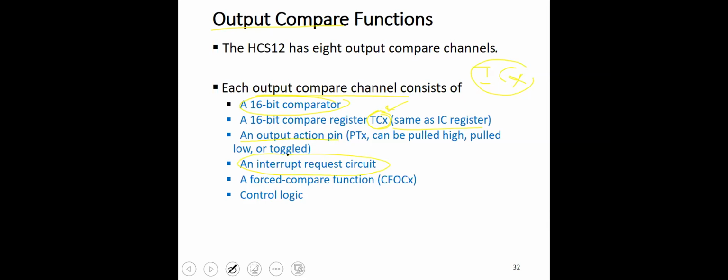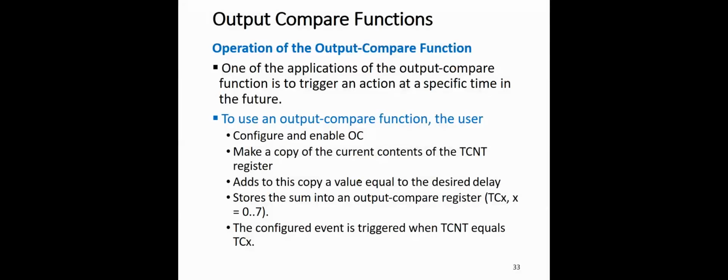There are two additional features associated with this output compare: the forced compare function and the OC7 control, which we'll discuss later. So this is what I said. The operation is basically to compare the free running timer with the set value, such that when they are equal, you trigger some action